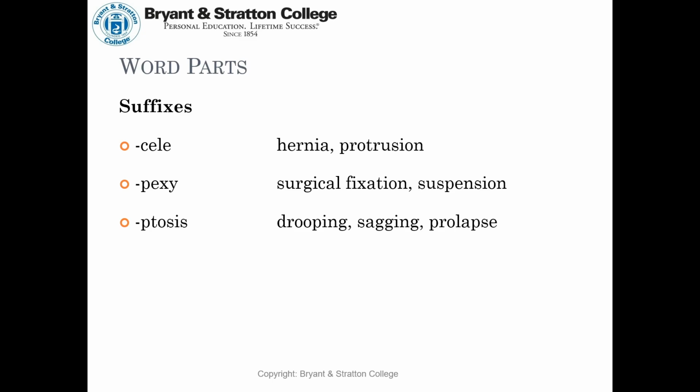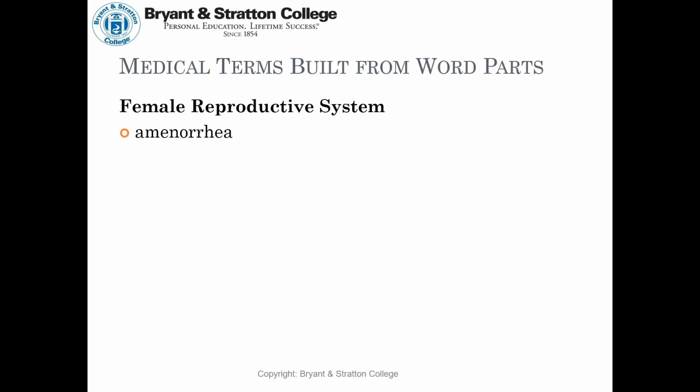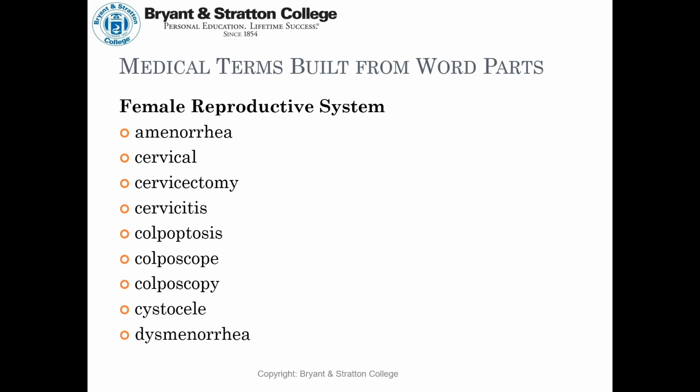We can talk about ptosis in elderly populations where their eyelid will actually sag down and not uncover their eye. Rrhaphy, again, suturing or repairing. Rrhexis is a rupture. Through here, female reproductive system, amenorrhea is essentially the